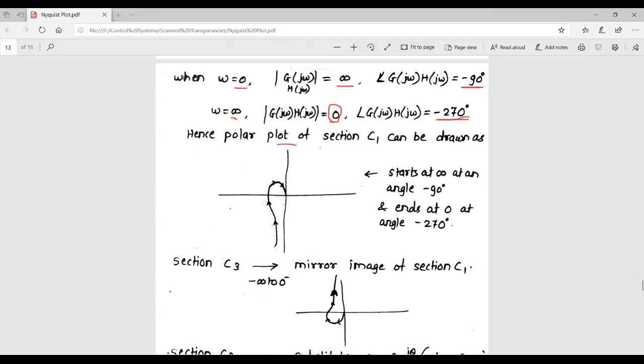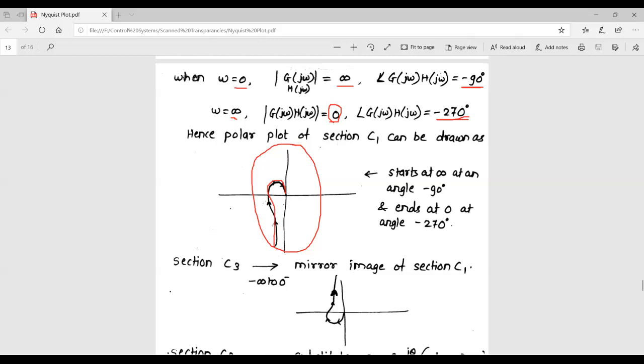So now check out this section. Now this is the conventional way of drawing it. Please understand, these are rough sketches. Whatever we assume as the scale, irrespective of that scale, we are sketching it just by considering the limiting values. So this starts at infinity and then it will end at 0. Now where will it end?